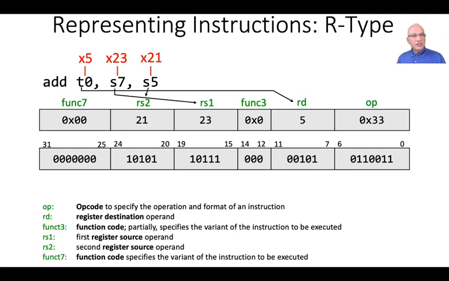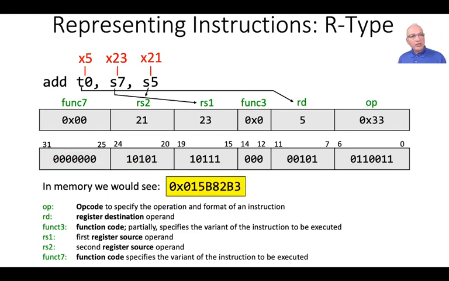And this is the opcode for the add instruction, and the function codes function 3 and function 7 are variants of an arithmetic and logical unit instruction. In the case of the add instruction, this variant is variant 0 in both codes. So we can convert this number now to a hexadecimal number by reading groups of 4 bits from the instruction sequentially. So in memory, this instruction will appear as that value,